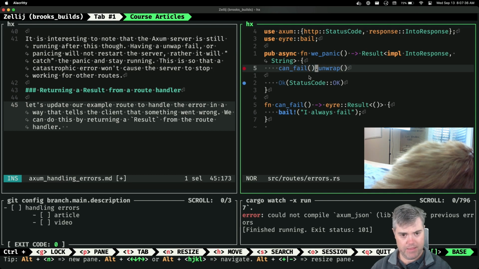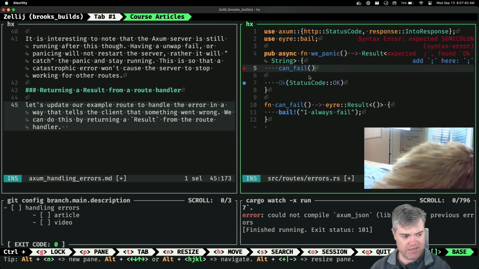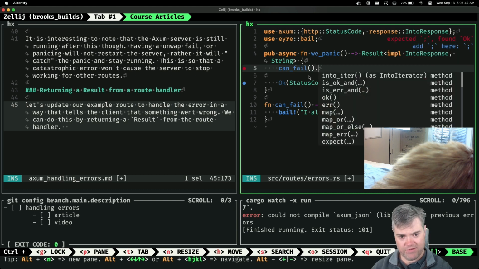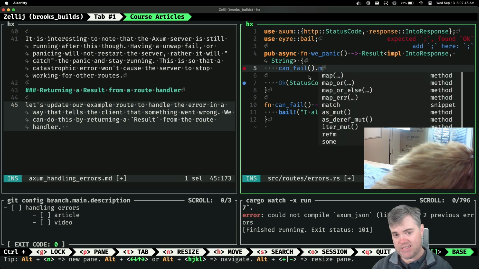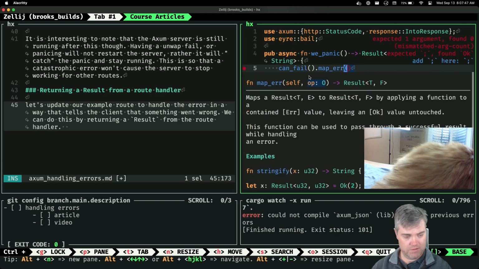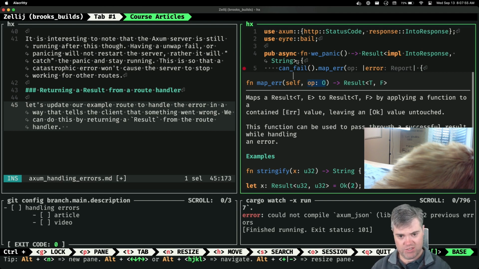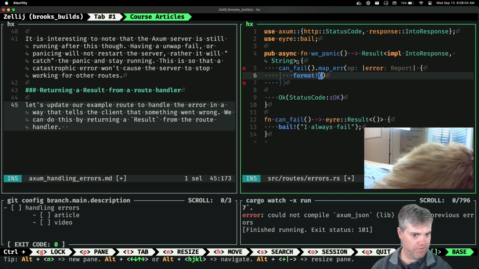Otherwise, I can't necessarily do anything about this. We have to map this error. We'll take in the error, and I need to convert it into this error, which is just a string. So in this case, we can format the error.